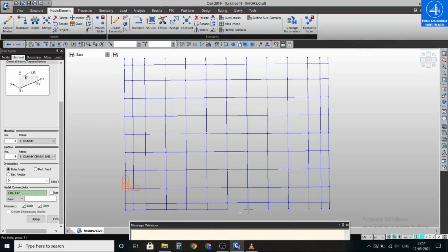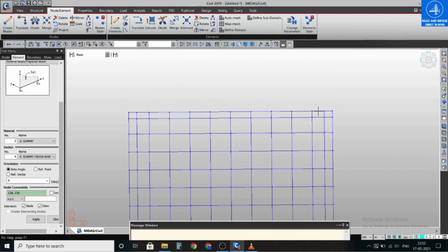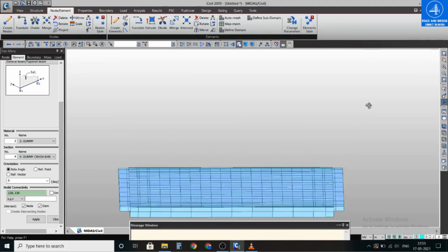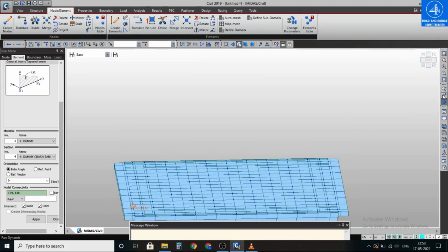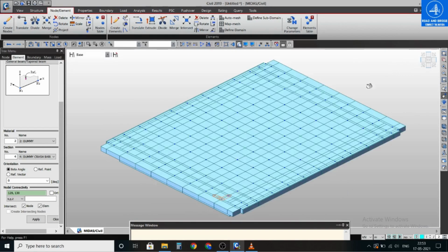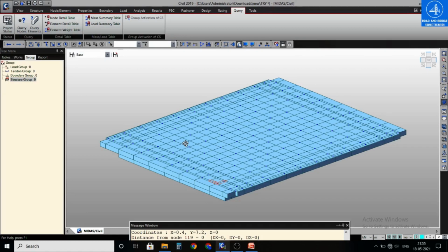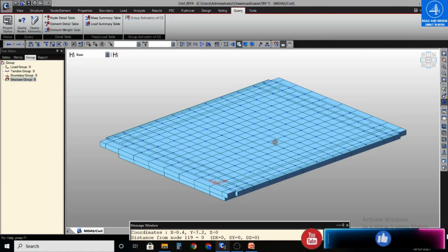You have to repeat the process on the other side also. And now you can see the 3D view. Click on 3D view. You can see here. This is crash barriers.